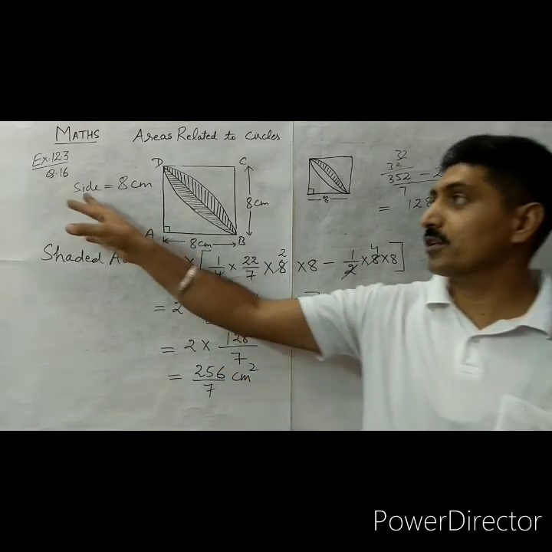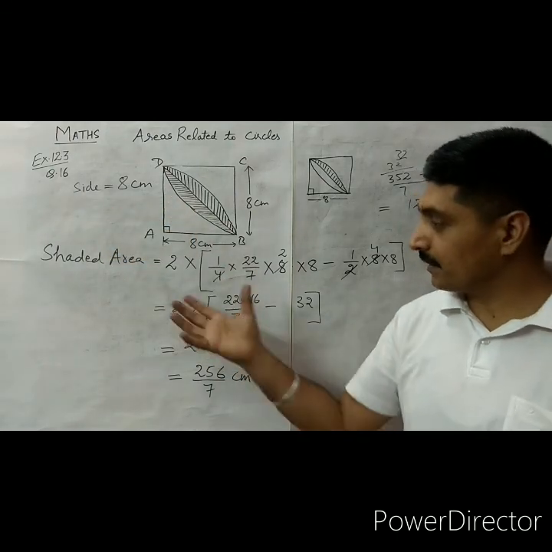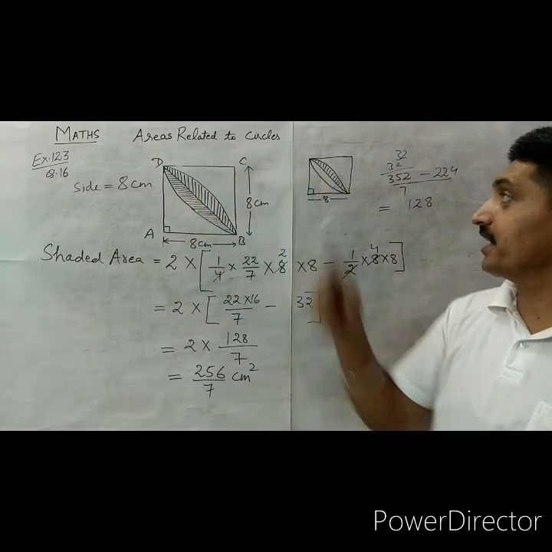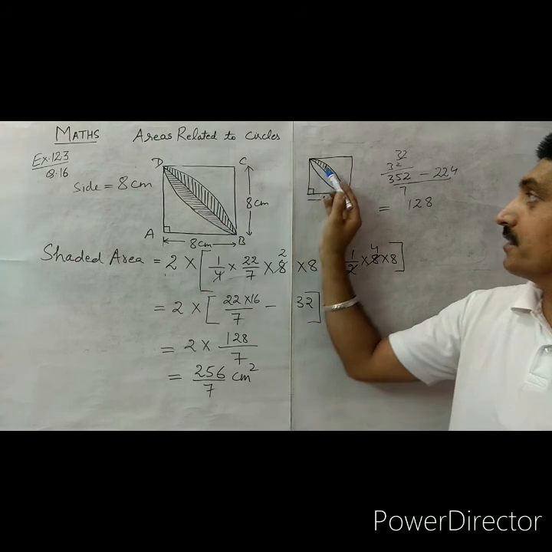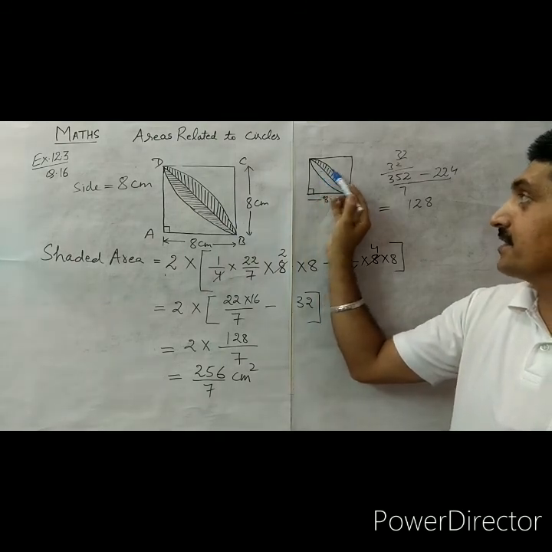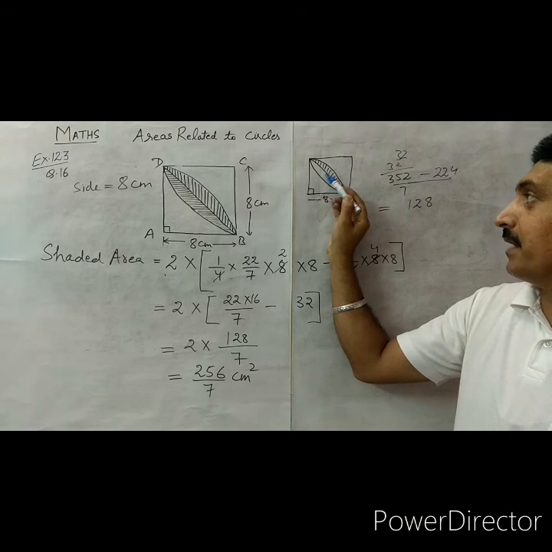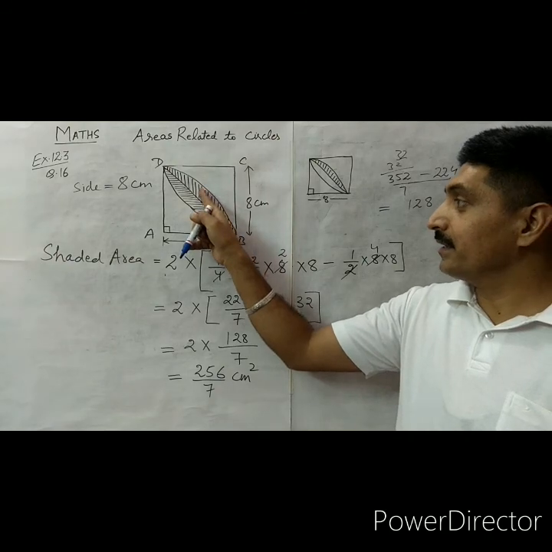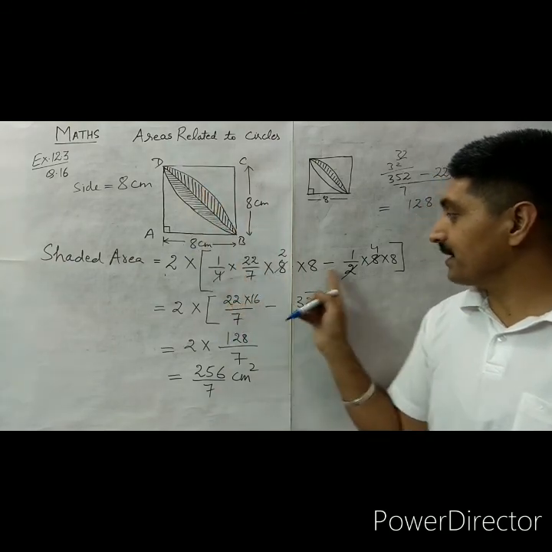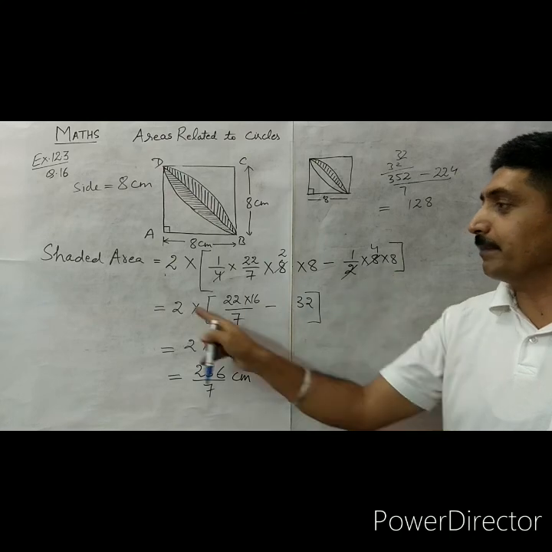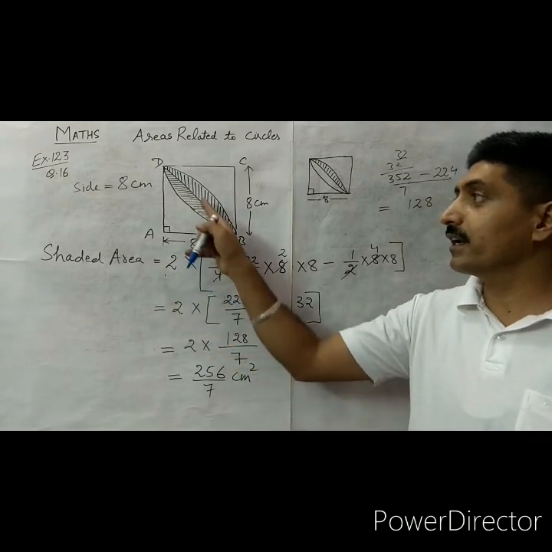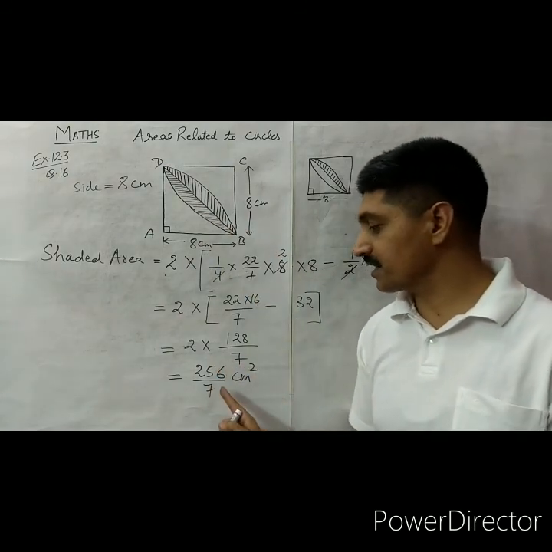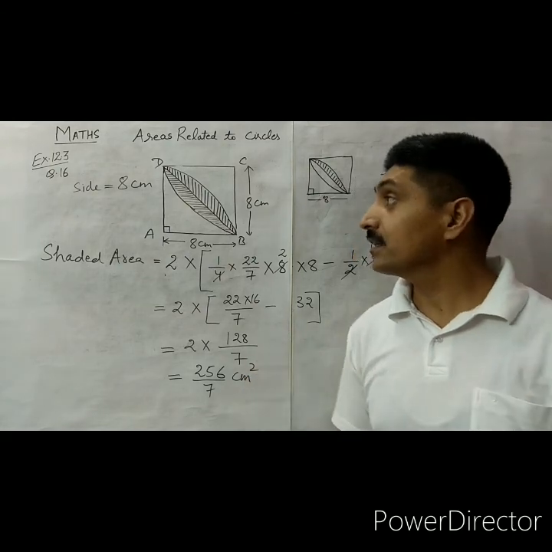So let's recapitulate. This is an important question and it is a very simple calculation here. We need to understand how we are doing. This shaded area is equal to twice, because we have these designs, this is a segment, so same area. So here we are finding the area of one segment, that is area of the quadrant minus area of right angle triangle, and multiplying this area with 2 here, so we get the required shaded area here. So required shaded area is 256 upon 7 centimeter square.